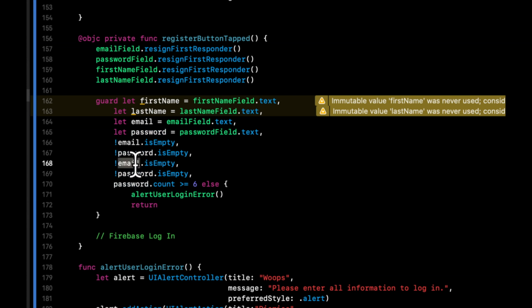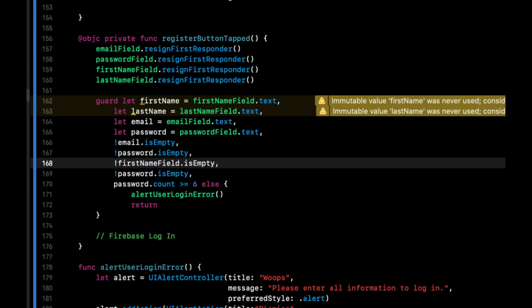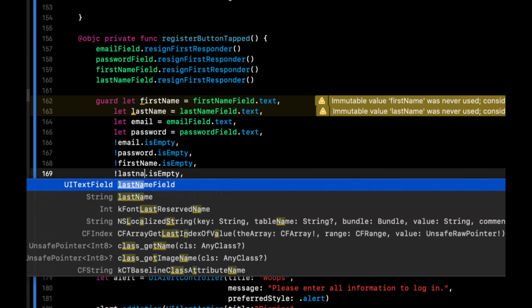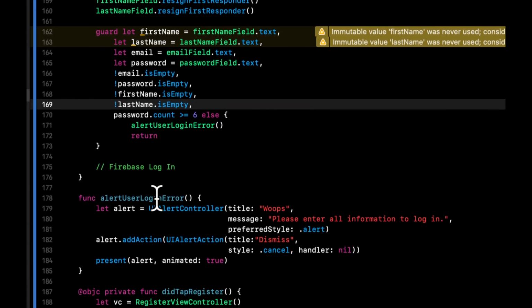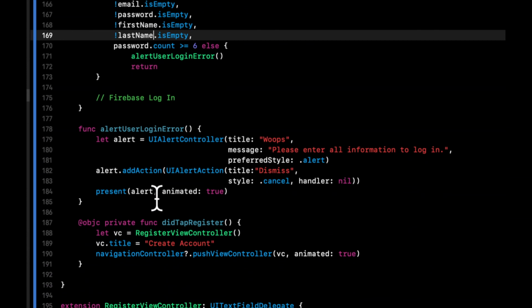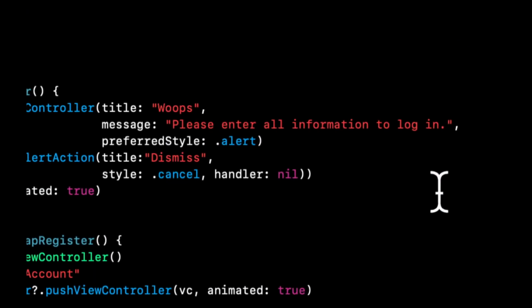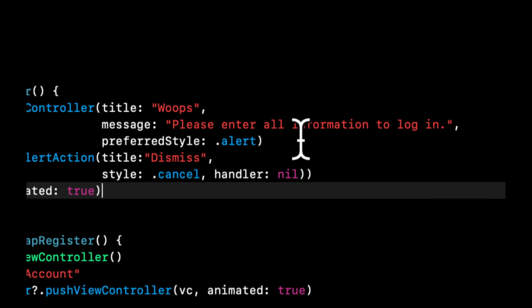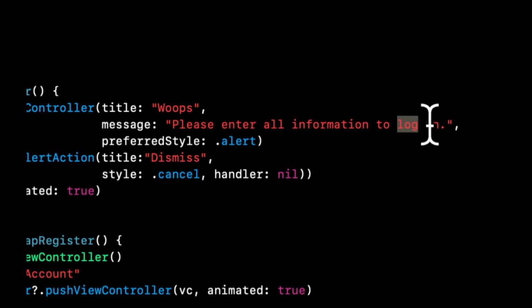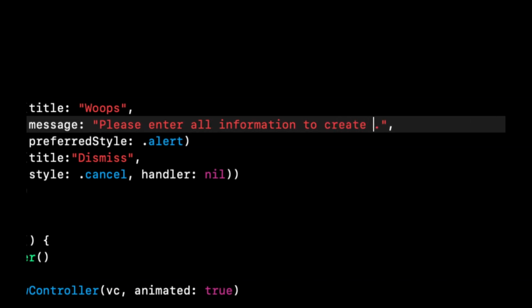So copy and paste that. Change that to be first name, last name. And if any of this doesn't pass the validation, we want to change up the alert contents here. So we're going to say, please enter all information to log in. This is going to change into please enter all information to create a